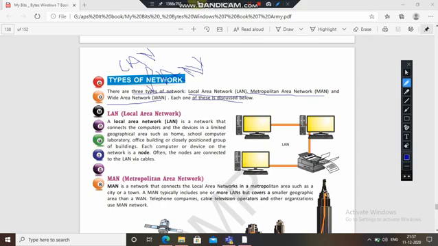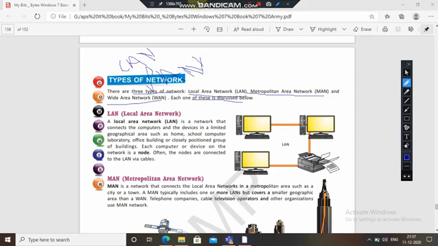So what happened? If you see the area of the network, it is connected in a building, a room, a school. So this is for a small area, within 100 meters to 200 meters. You can use a local area network. Now MAN,